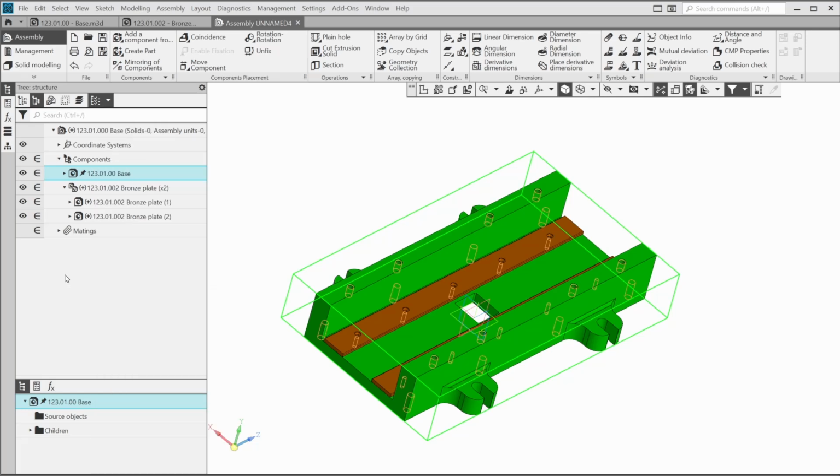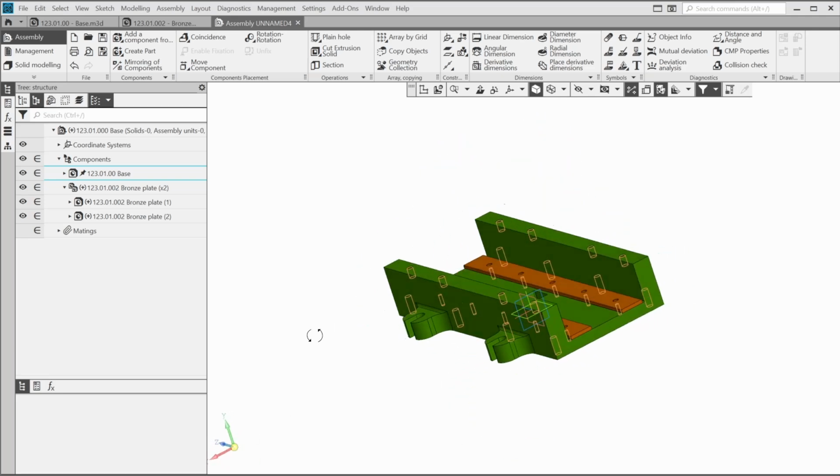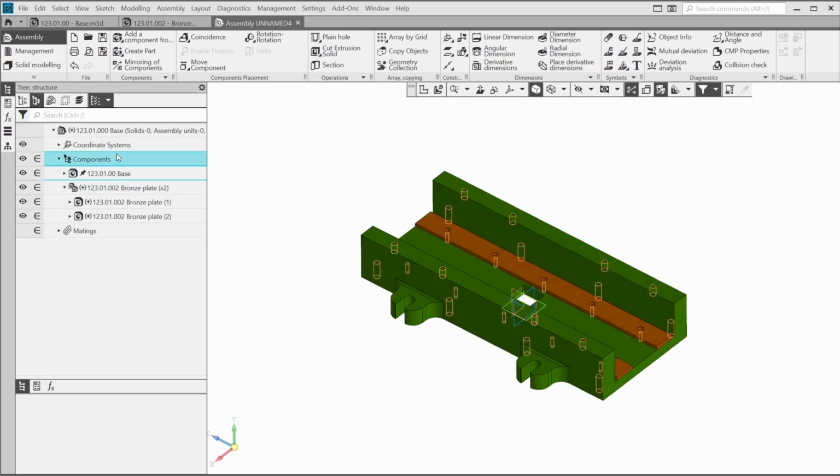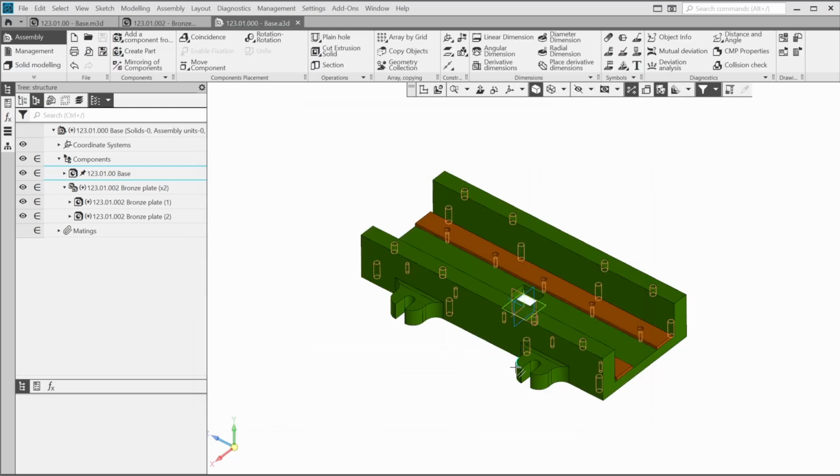The plus sign next to the part name means that the part placement is completely defined. Let's save the subassembly in the same folder where its components are located. In the next lesson, we'll add fasteners to our assembly.